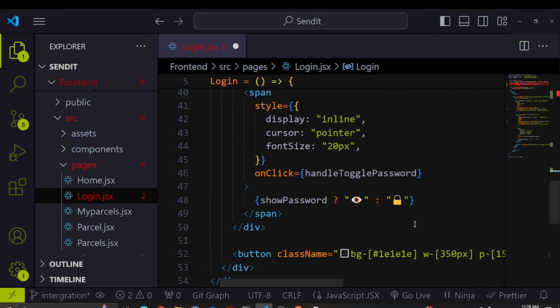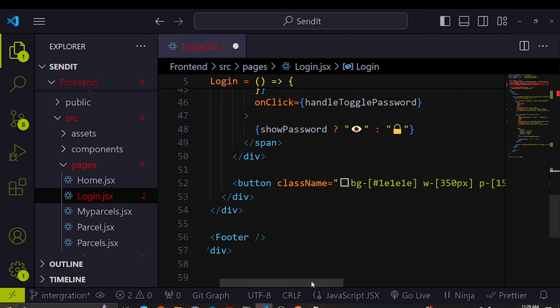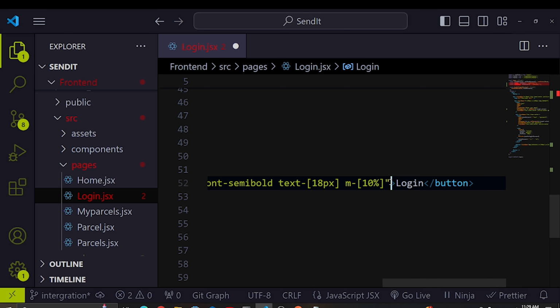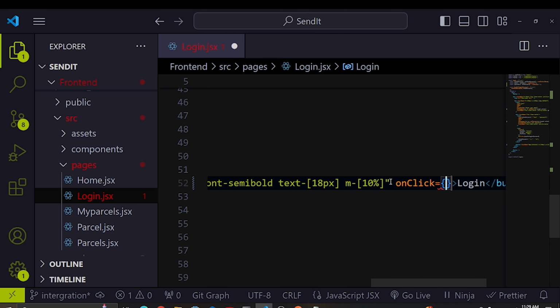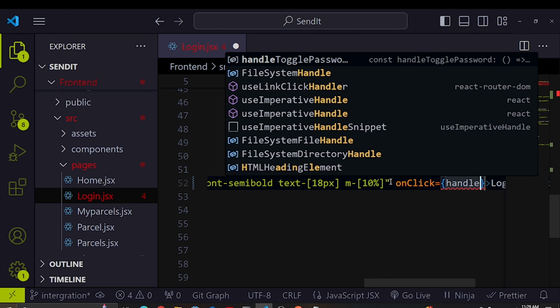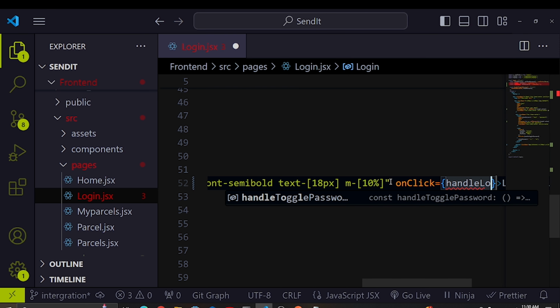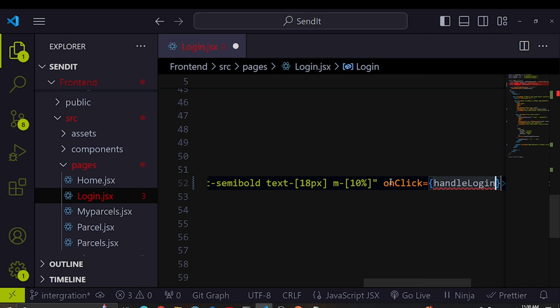So the other thing that we need to do here is we are going to have a function here. So onClick, because this is the event that we are going to need. And here, this one is handle, let's call it handleLogin, like that. And then I'm going to copy this. Let me copy that,